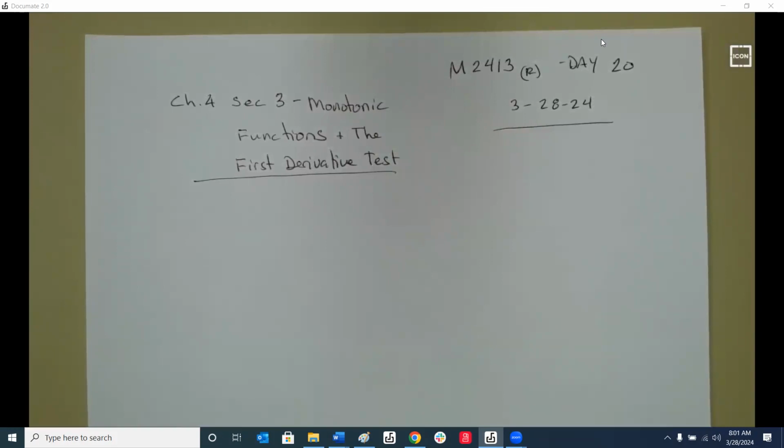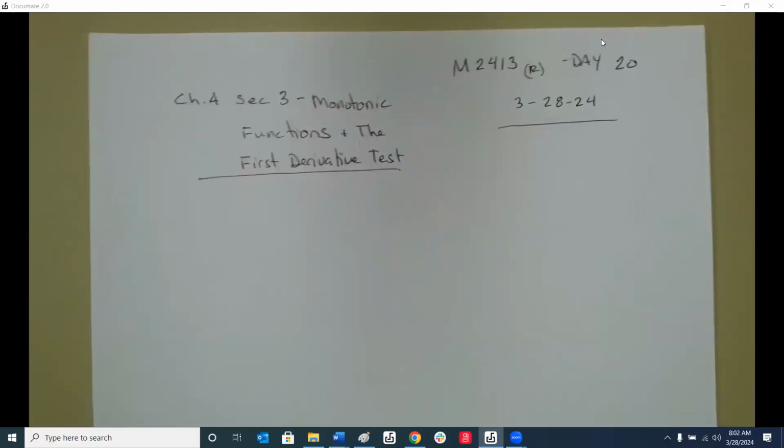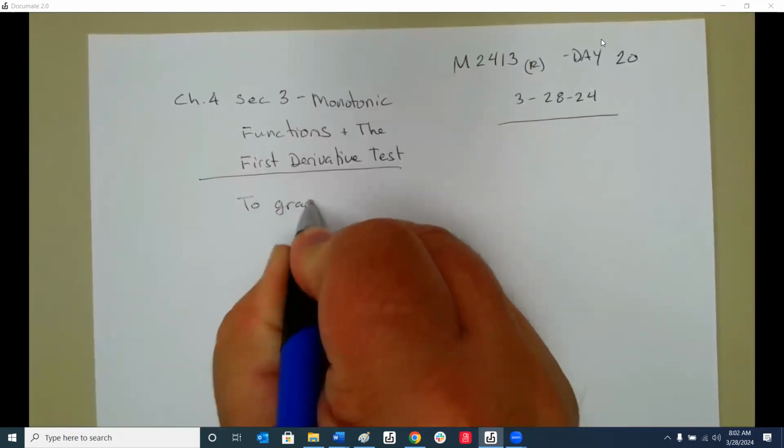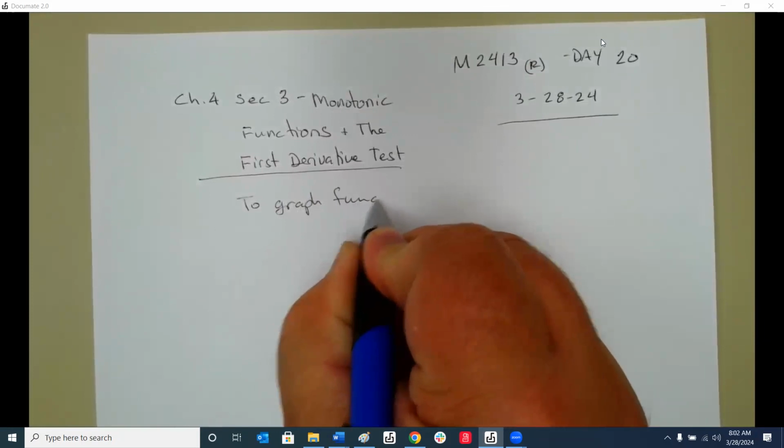Usually I keep these next two sections together because they deal with how to graph functions using calculus. Because in algebra, how do we graph functions? Well, we find the x-intercepts, we find the y-intercepts, and then we know what the shape is. Then we start plotting points. Well, now we go a little bit further. With calculus, we can not only find, to graph functions,